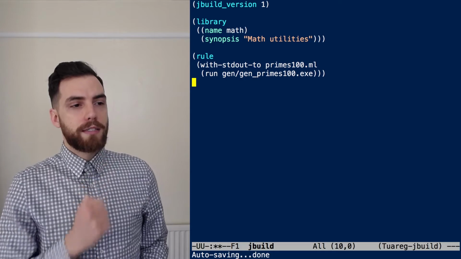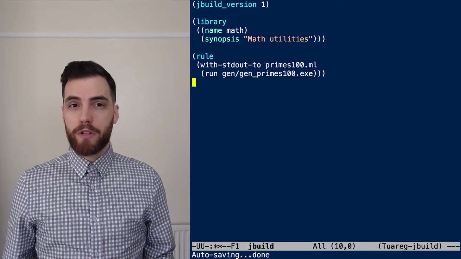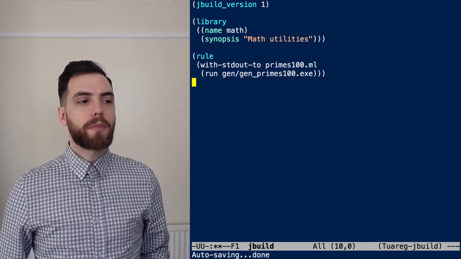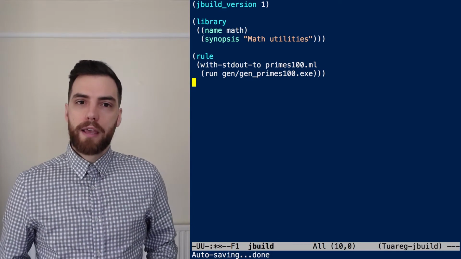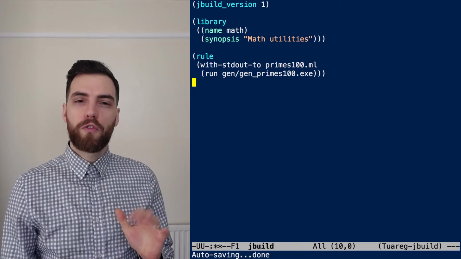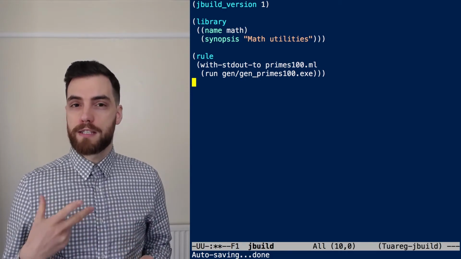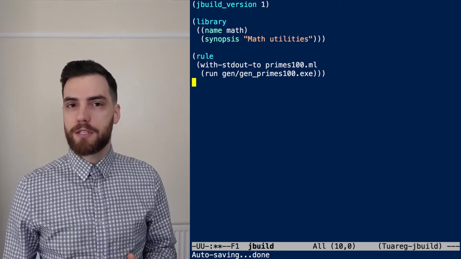So you'll notice here that I haven't told JBuilder what are the dependencies and targets of my rule, and this is simply because they are obvious by just looking at the DSL. If they were not, you would have to use a long form of the rule stanza, which has 3 fields: action, deps, and targets.